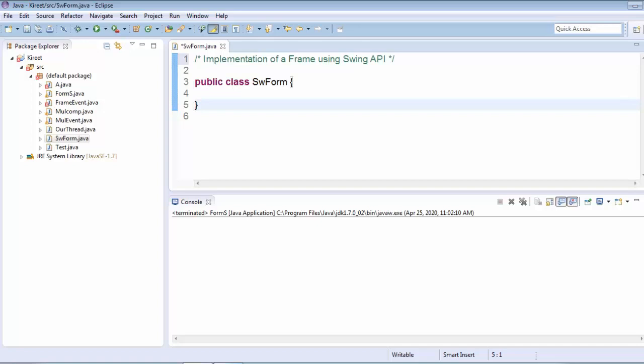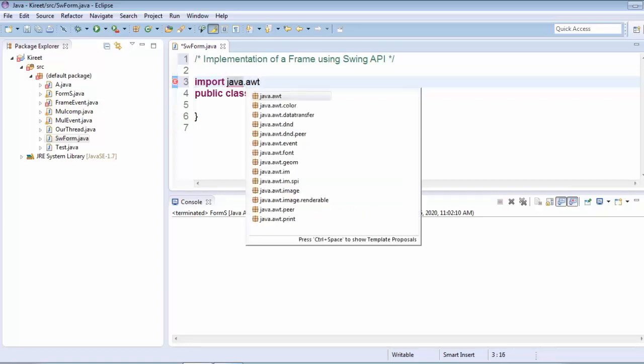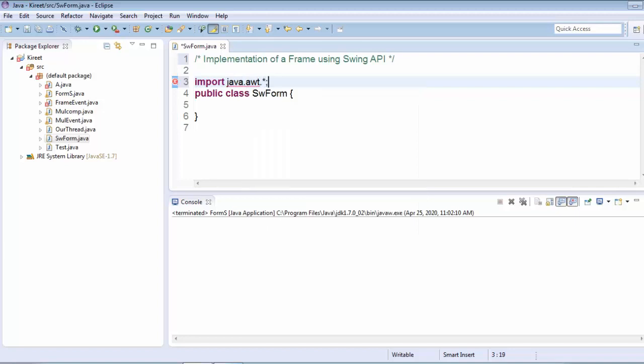So let's see. Before starting, we have to import certain libraries. We import java.awt.*, because we will also use some components, classes and methods of AWT.